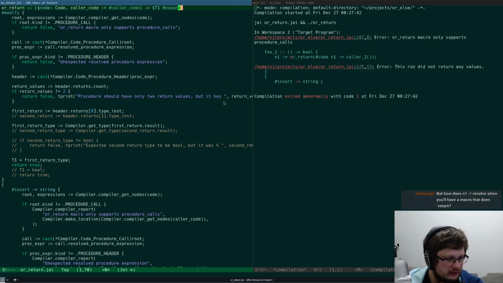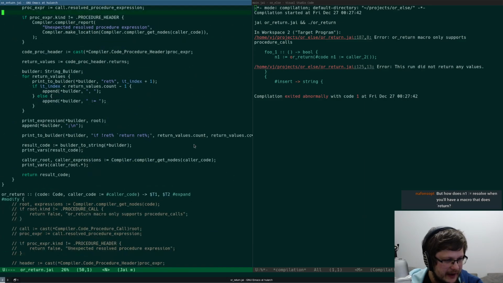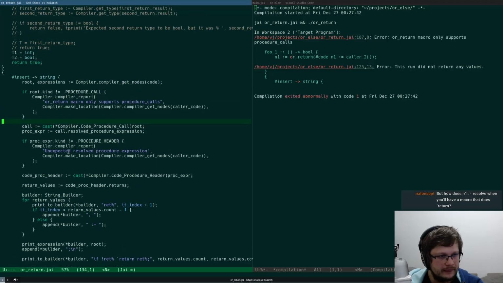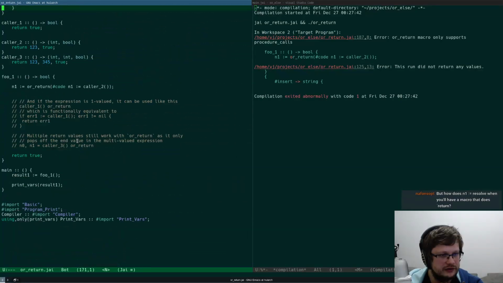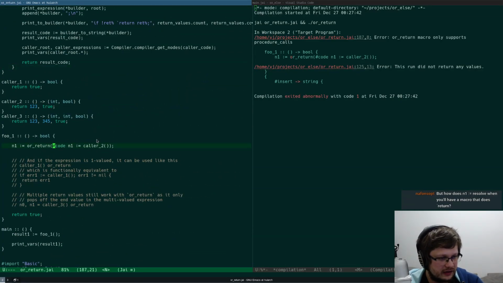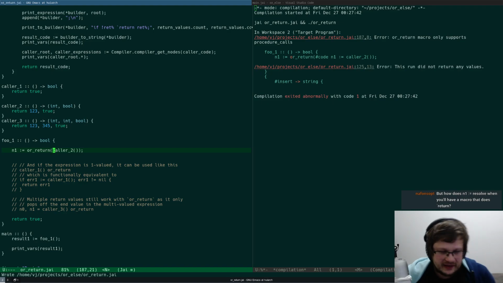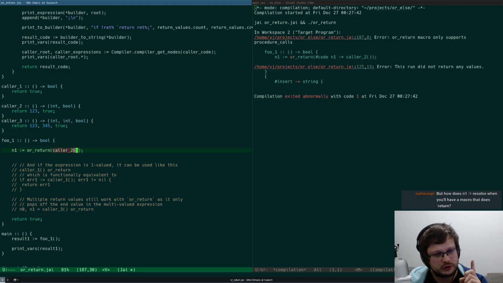But yeah, overall, how does n resolve when you'll have a macro that does return? So wait, let me make sure that I understand what you're saying first. How does n resolve when you have a macro that does return? So when I do this without the code, the way it works is that this is a code implicitly, but it has to type check first, right?